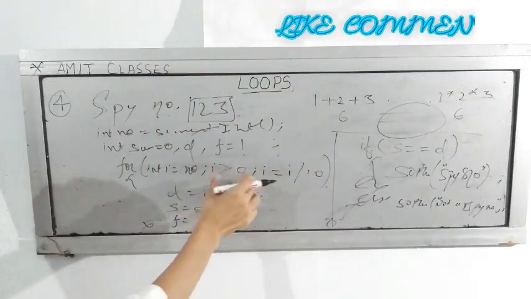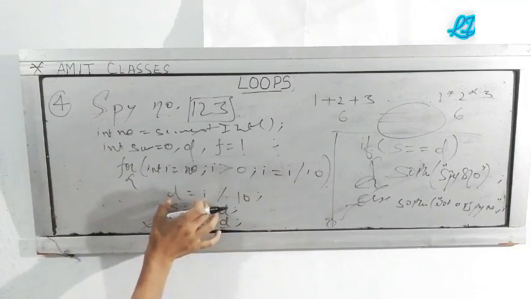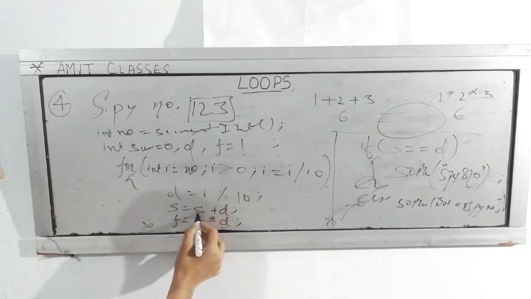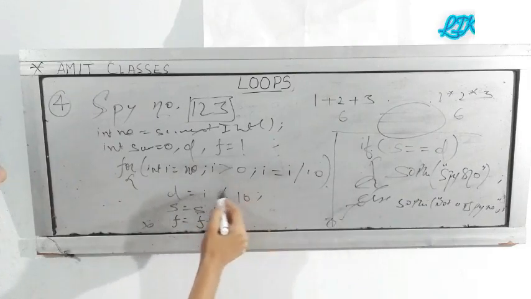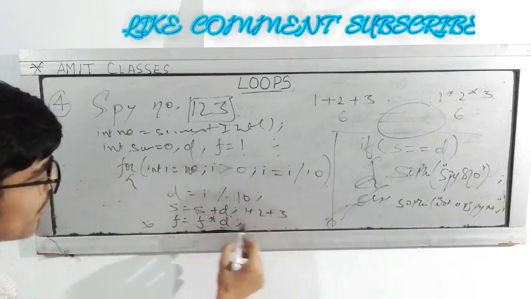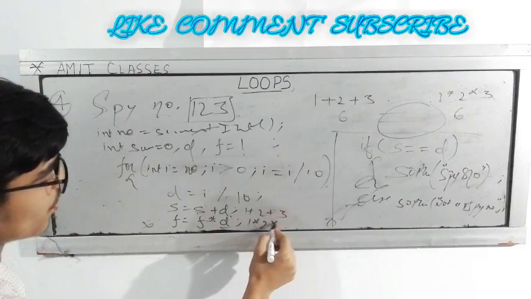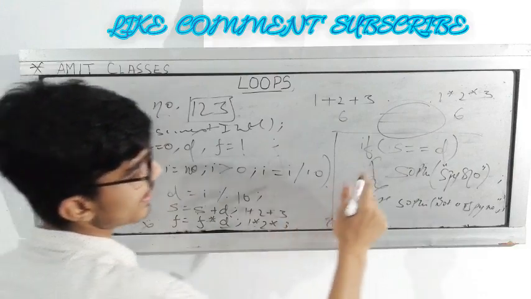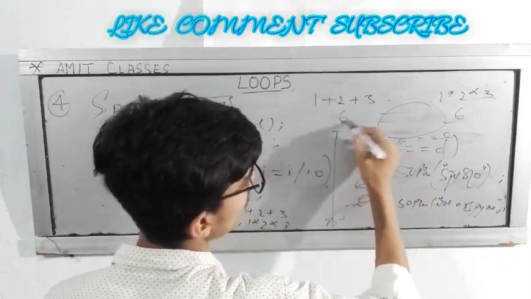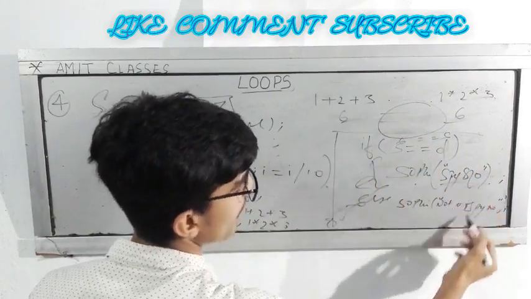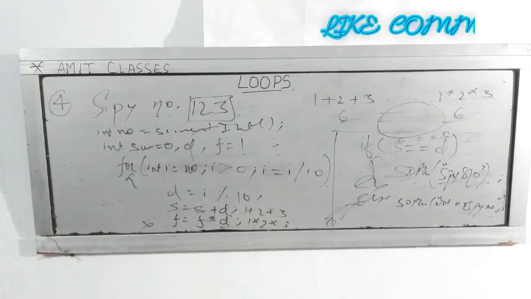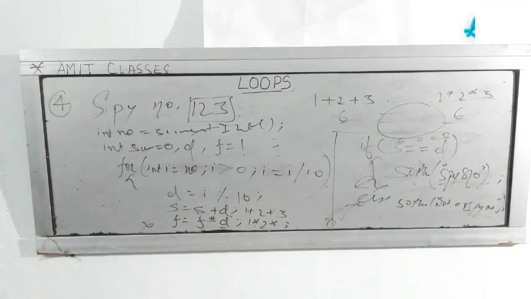Here we have taken d like before only. We have found all the numbers in d, and again it will go in for loop, and sum is equal to sum plus d. We have found the sum of all the numbers 1 plus 2 plus 3, and here we have found the product of 1 into 2 into 3, and here if 6 is equal to 6, we have shown it is a SPI number, else not a SPI number. This was the program. Just there is the need of logic for these programs.